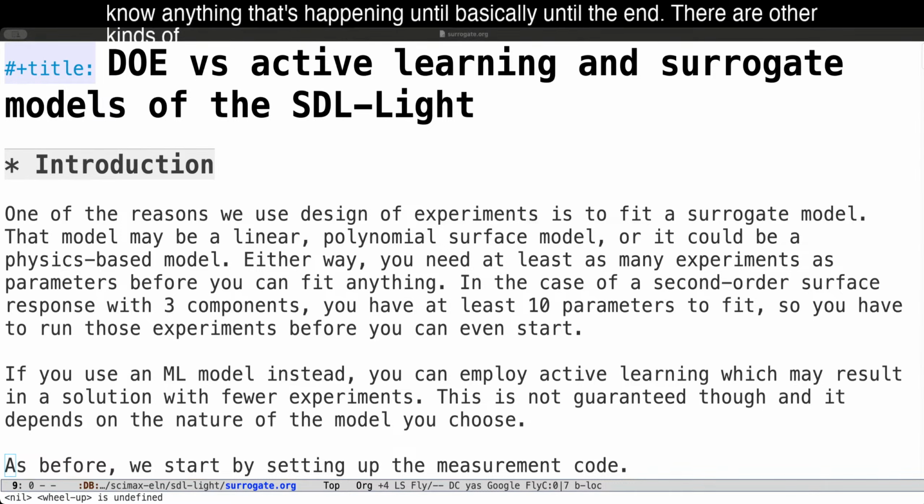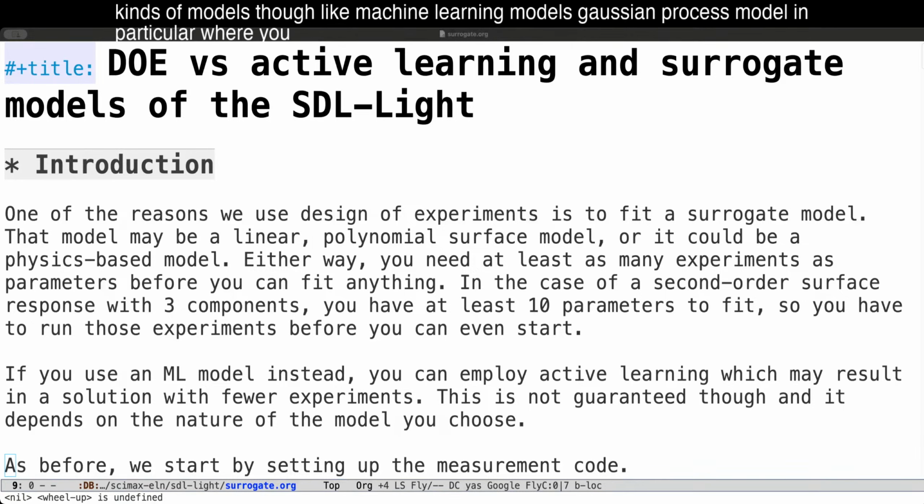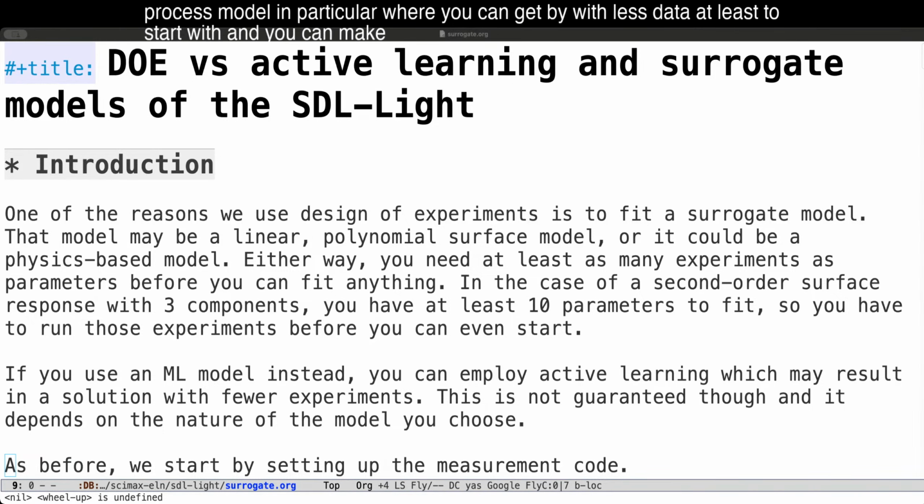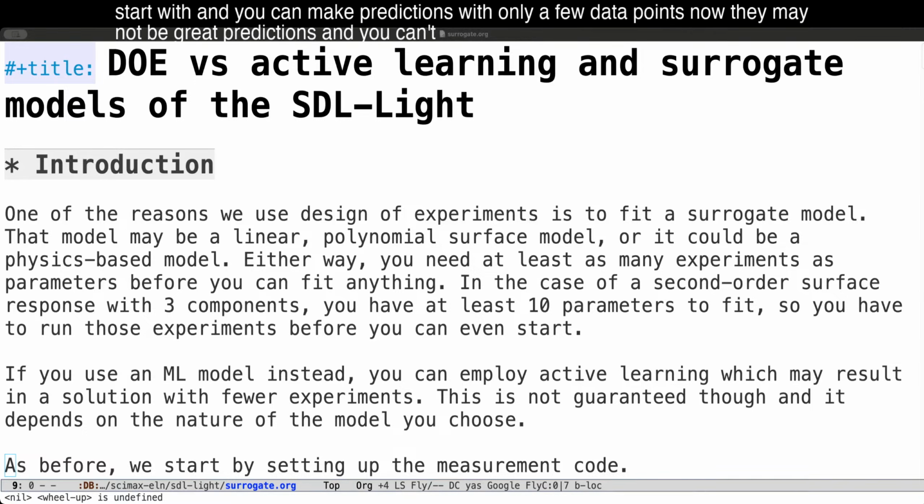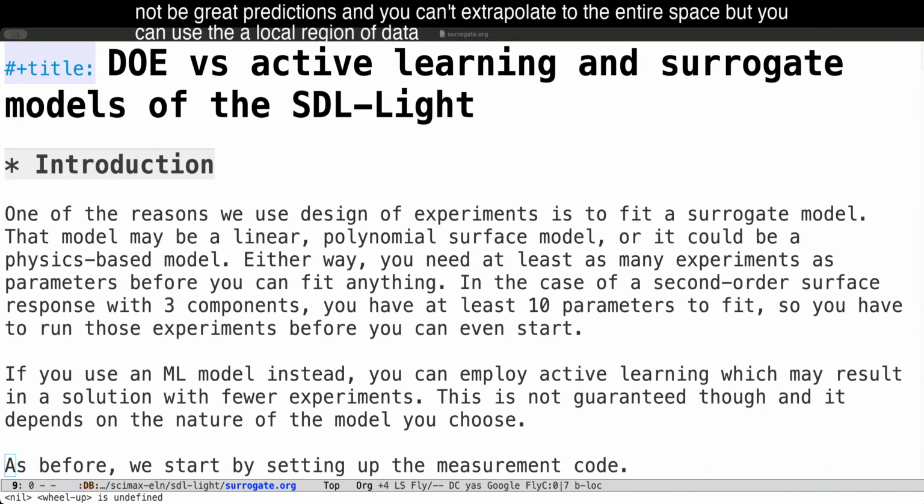There are other kinds of models, though, like machine learning models, a Gaussian process model in particular, where you can get by with less data, at least to start with, and you can make predictions with only a few data points. Now, they may not be great predictions, and you can't extrapolate to the entire space, but you can use a local region of data to figure out where the next experiment to go is, and we call that active